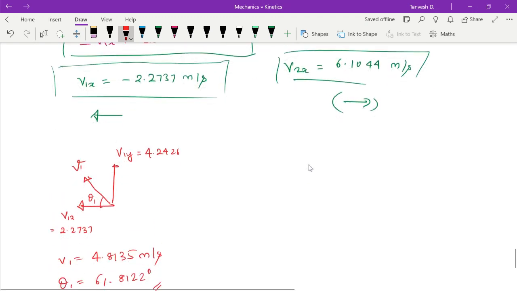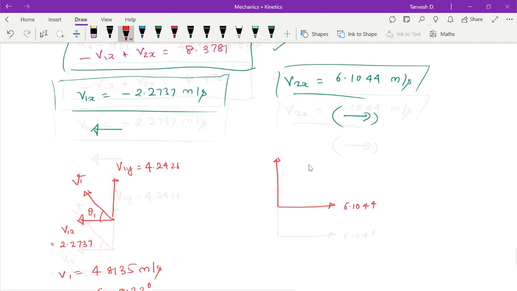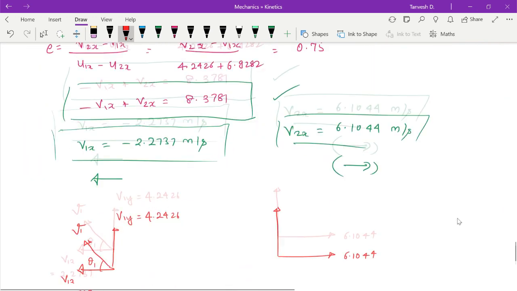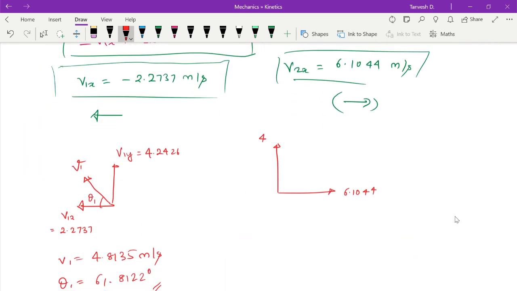So v2x we know it is 6.1044 to the right, and v2y we know it is 4 meters per second upwards. So v2 is 9.284 meters per second and theta 2 will be 33.235